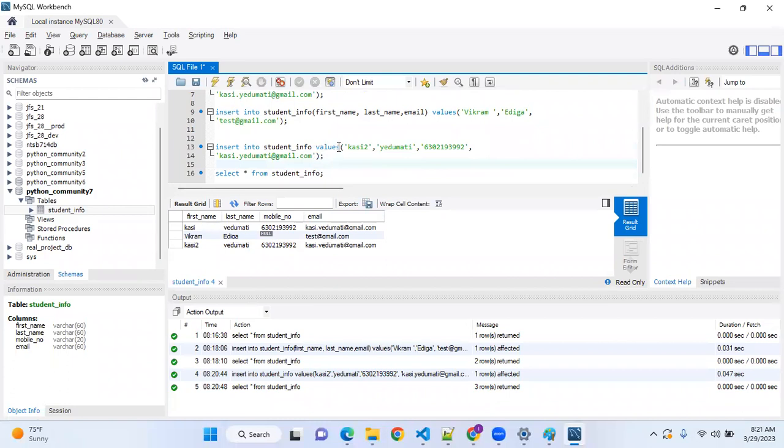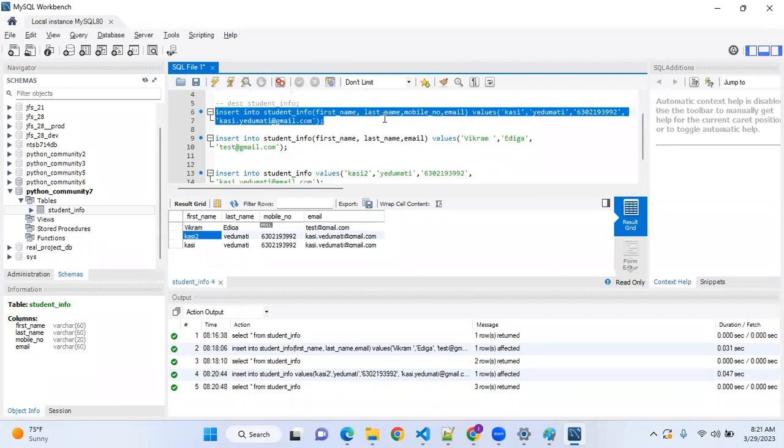So in place of CASI2, if you pass kasi.edumati@gmail.com, the mail ID will go to the first name column in place of first name. That will be the problem. But you may ask, here also we are passing the same order, right? No, it's not mandatory. If in place of first name I give the email, and I exchange the values also here, that will definitely go to the right place. Here we have a facility to send the data in a right way.